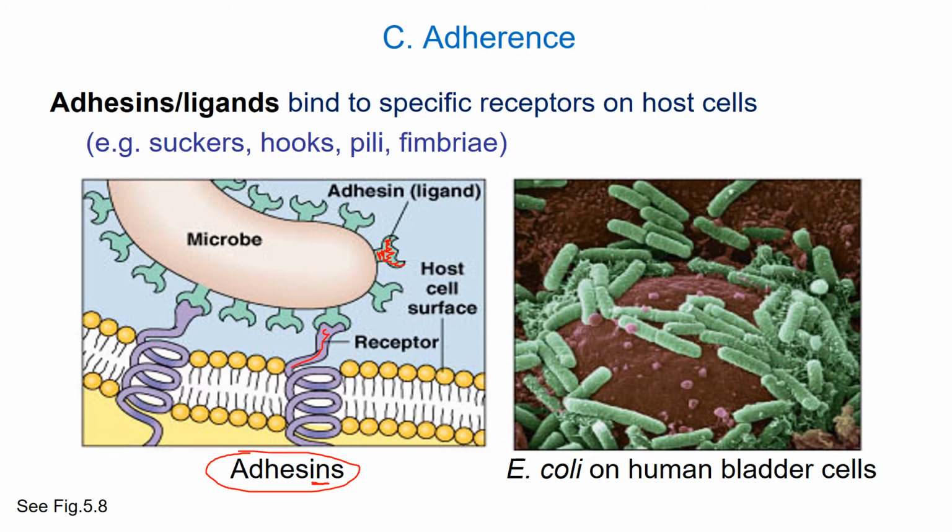So for example, E. coli, as I mentioned previously, can cause bladder infections, but not every E. coli can cause bladder infections. Only some E. coli strains actually have the correct adhesins to attach to bladder cells. So this is why some people rarely get bladder infections. They don't have the right E. coli, or the wrong E. coli, I guess. Other people may have the wrong E. coli in their intestine,